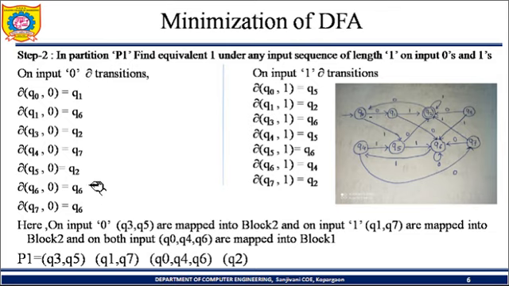So we have written on input 0. Same way on input 1, so Q0 after accepting 1 as input it will be in Q5, Q1 after accepting 1 as input it will be in Q2,